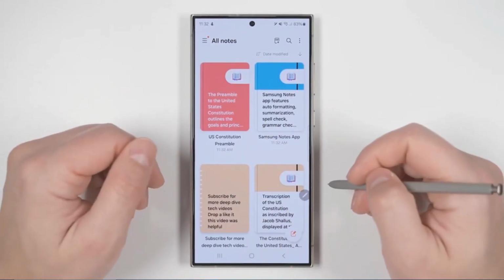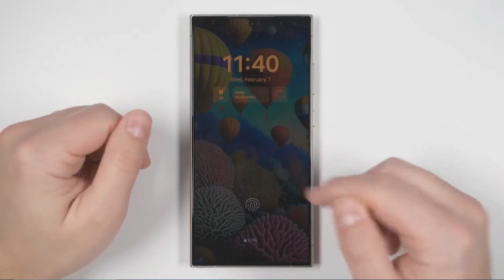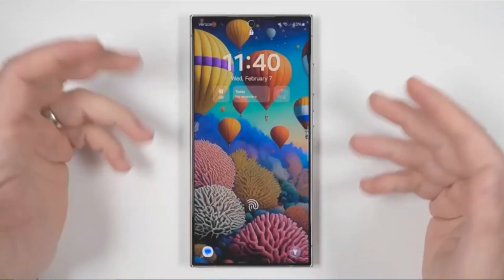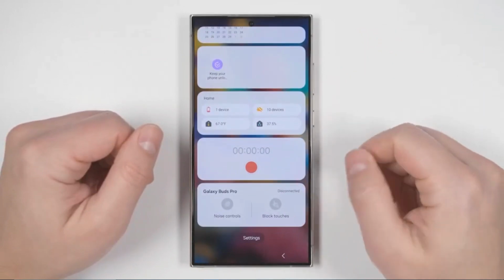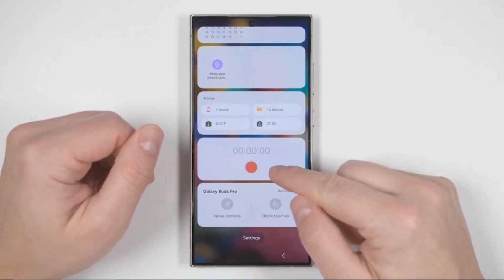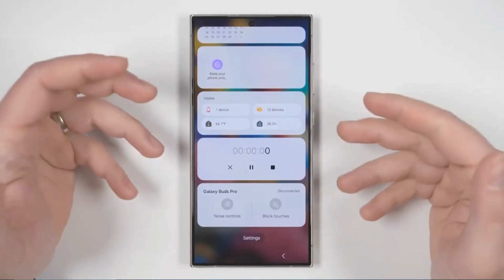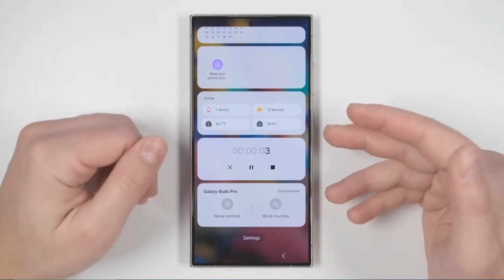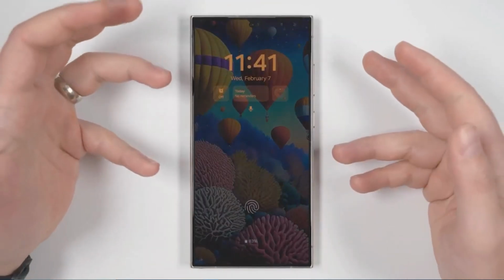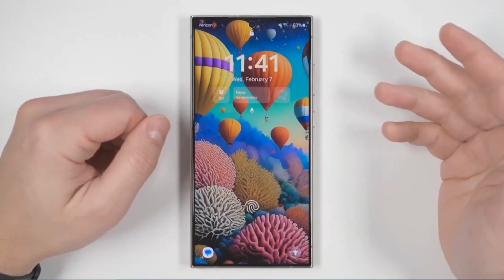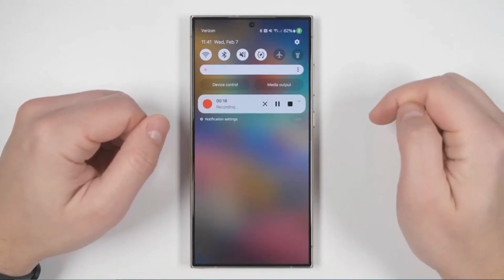This next AI feature is found right on your lock screen. So if I double tap my screen to wake it up, then just tap the clock, then scroll down to the bottom, you'll see this little record option here. And if I tap this, it'll start recording everything I'm saying. And this will continue to do that even if I turn the screen off. Then once I'm ready to stop recording, I can double tap my screen again, tap this microphone icon, then tap